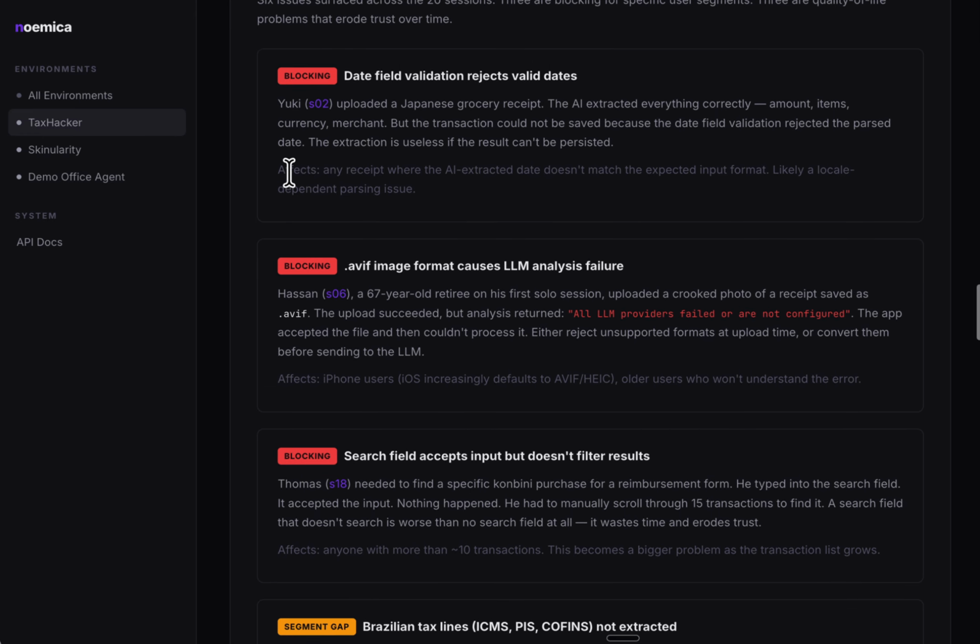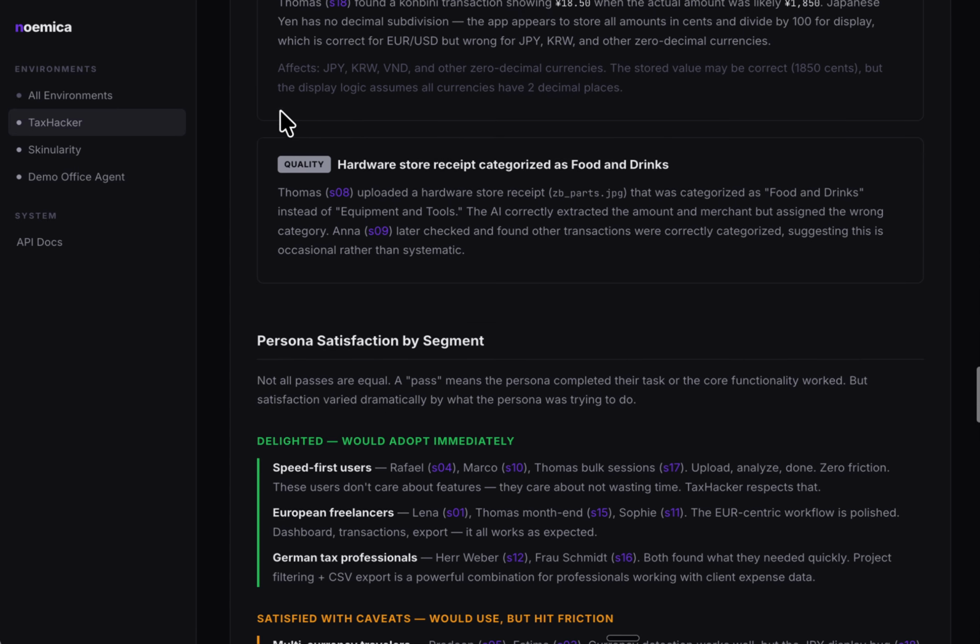And here you see that there was an issue. There was an issue where Yuki tried uploading a grocery receipt and the AI extracted everything correctly, like currency, merchant, but the transaction could not be saved because of some date validation issue. Okay, so you can look deeper into this, but before we leave this page,